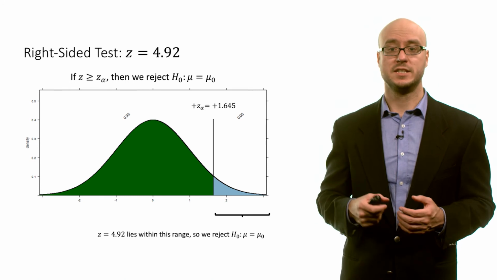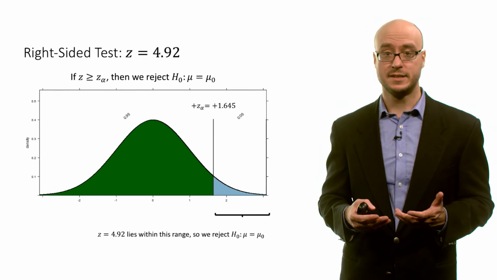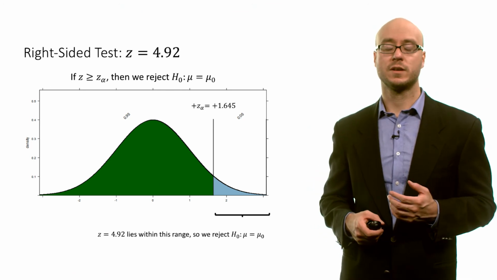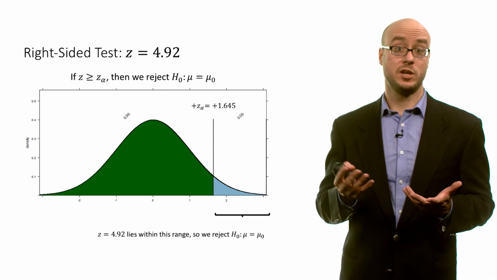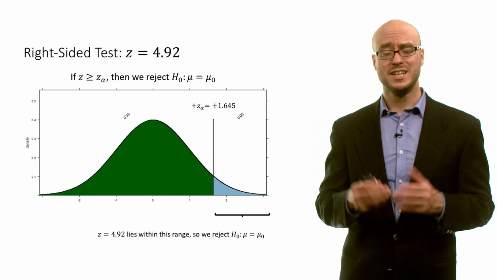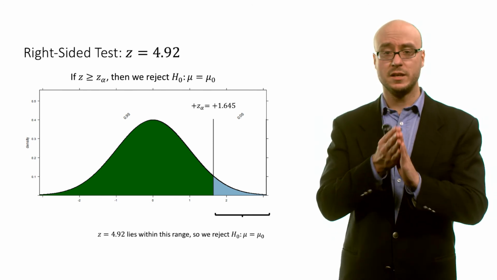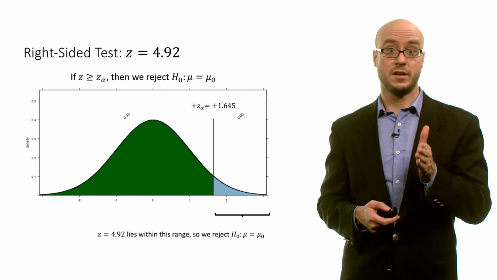Z alpha in this case is 1.645 because it's a right-sided test, meaning the alternative is that the population mean is greater than the null value. And so here we have a z-test statistic of 4.92. It's pretty unlikely that we would have obtained this z-test statistic, assuming that the sampling distribution is centered on mu